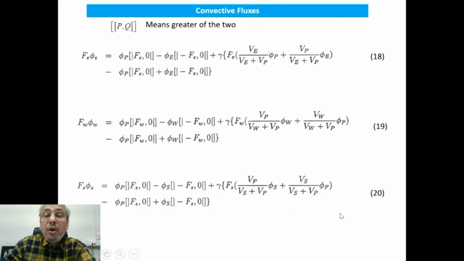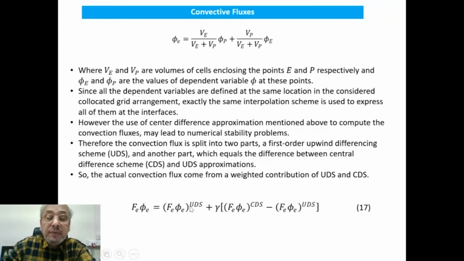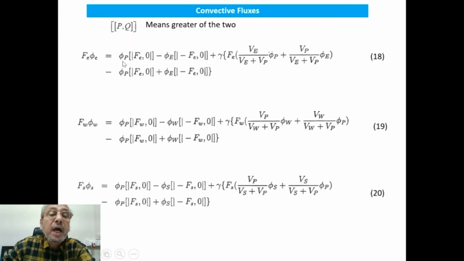So now from this philosophy, Fe phi E, what we have written here, if we want to write it in computational algorithm, then we have to write phi P within this bracket Fe comma 0 minus phi E within this double bracket